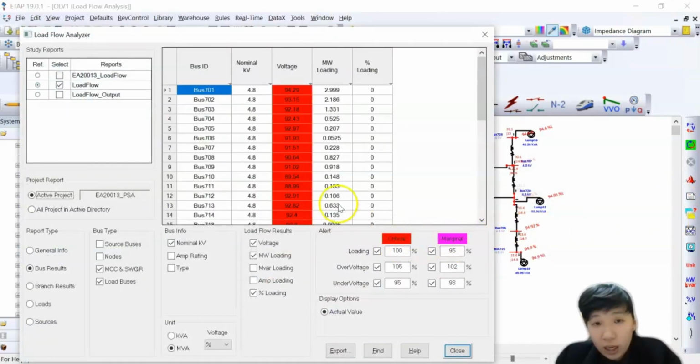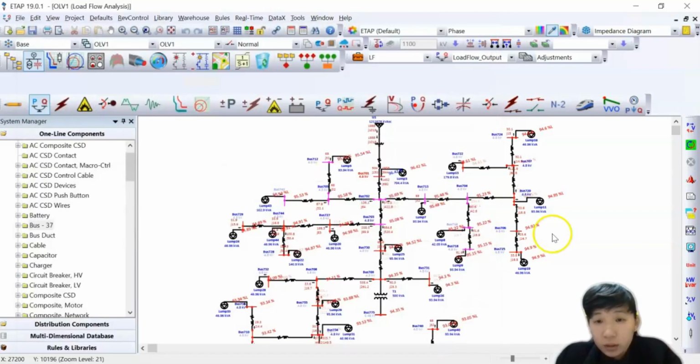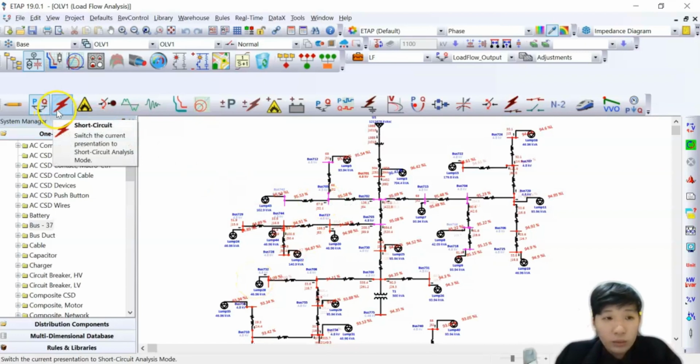So the color will be default in this case. From the load flow study, we can know each of the currents flowing and how many watts are flowing through the lumps and the bus. And then next I will move to the short circuit analysis,